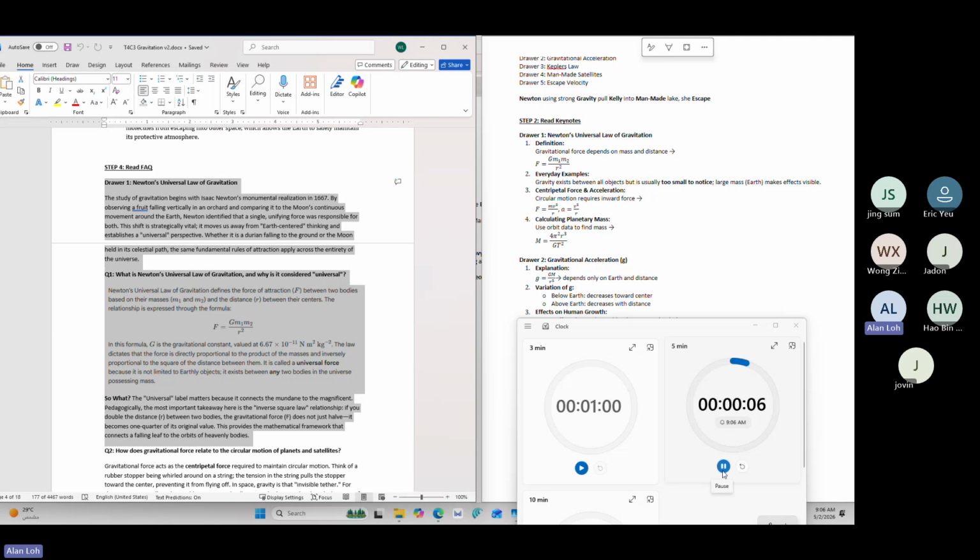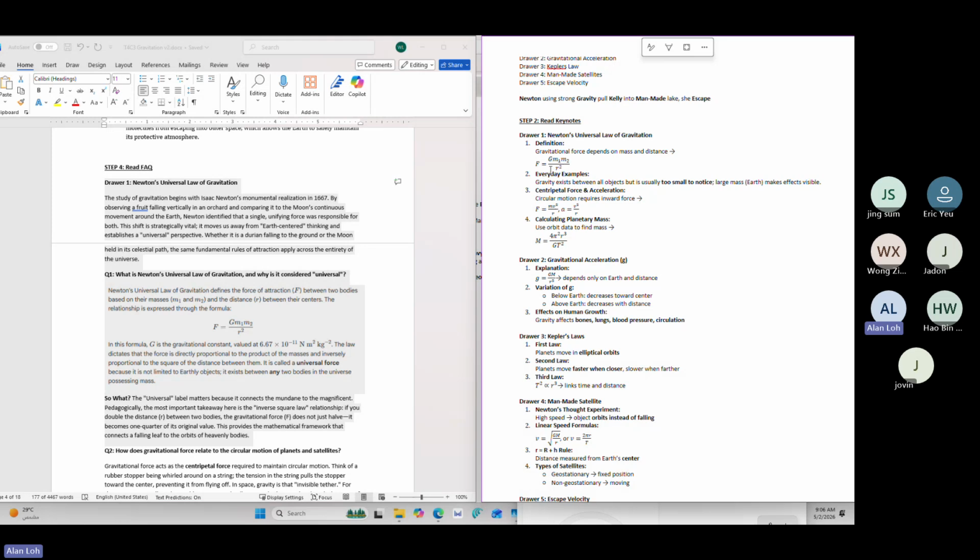Okay, time's up. These questions, if you realize, are explaining this point, on the keynotes, if you see on the right, drawer number 1, point number 1. It is explaining this in a very lengthy and detailed manner. It is even telling you why this formula matters. So this is the so what. This part is the answer. The second part is why you as Xuan or you as Eric or you as Kevin need to know this. This is the reason.